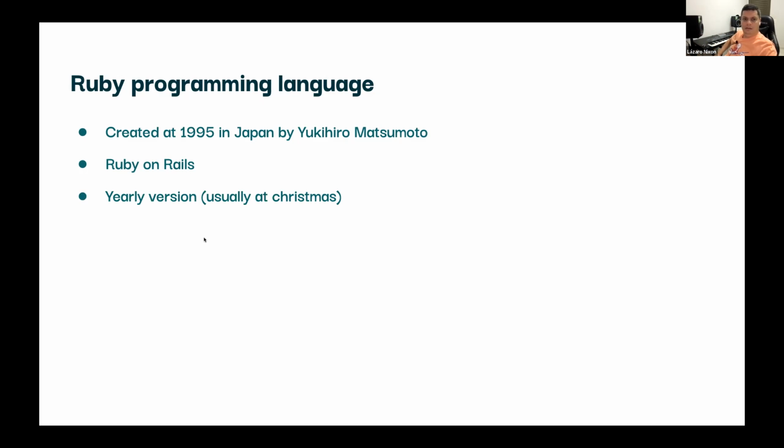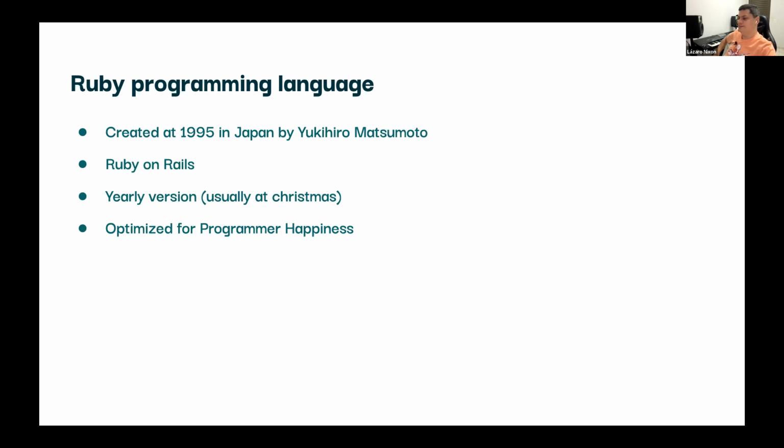The Ruby version is released yearly, usually on Christmas. So the first thing that I do on Christmas morning is to see the new Ruby version. No, I'm kidding. I don't do that. So Ruby's main feature is to be optimized for programmer happiness. So it's not a language optimized for performance or stuff like that.